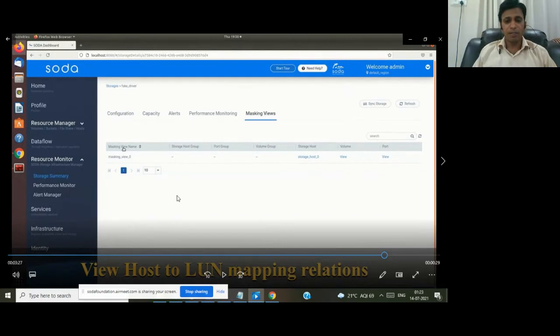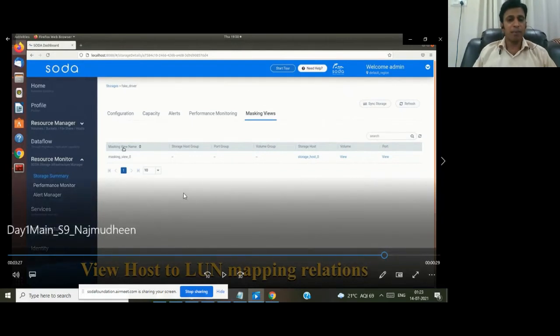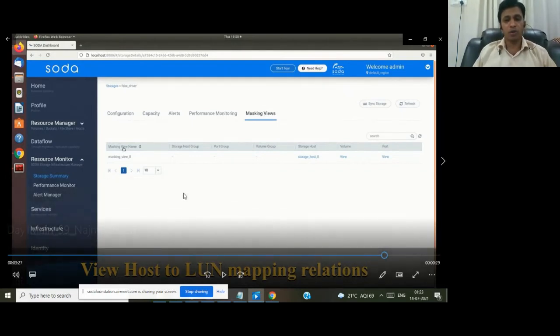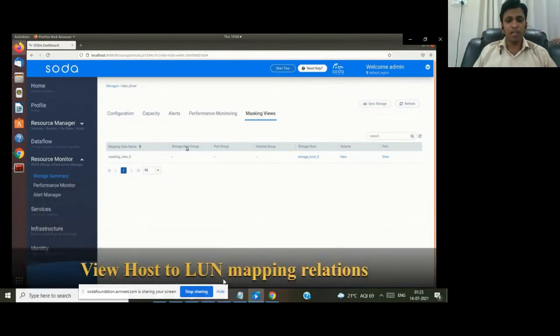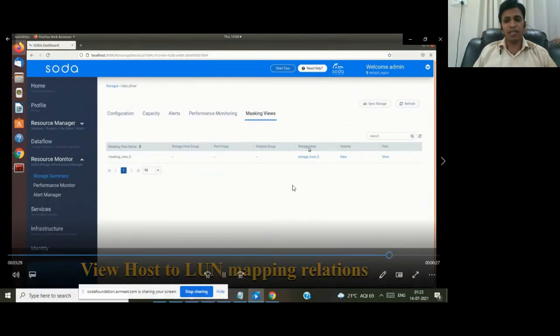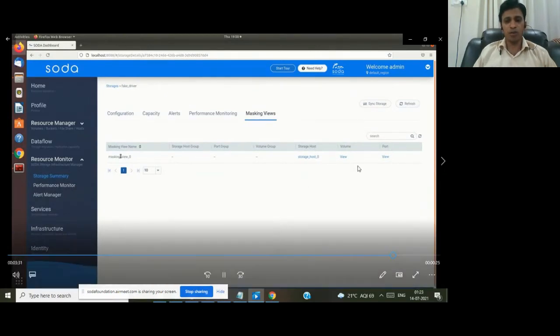In different backends, there are different mechanisms to relate your host and LUN. It can be either through a group like host group, port group, volume group, or it can be a direct mapping from a storage host to a volume and a port. So just to demonstrate this, we have a masking view which has a direct relation with the storage host, volume, and port.